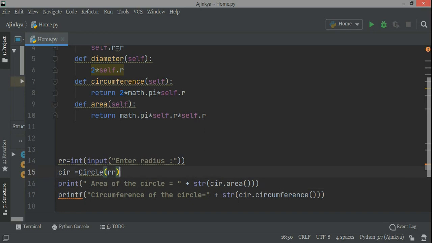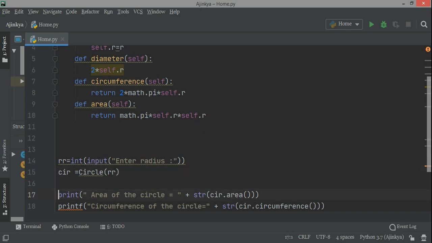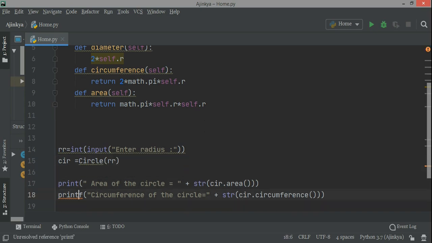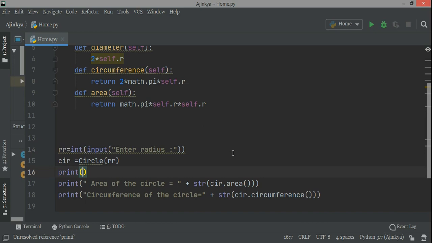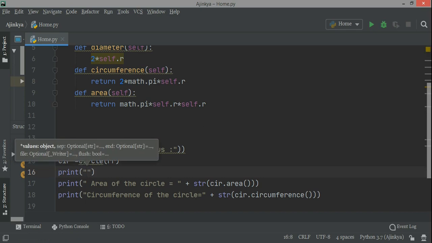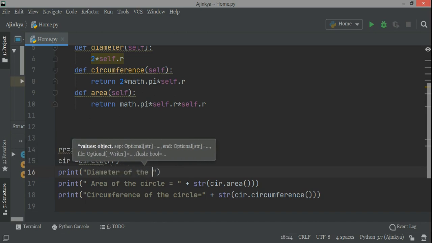I create this for print circumference of the circle equals, the same way str, and then I'll write cir.circumference. That is the name of the function which we are trying to access. So cir.circumference. Now this is print, not printf.